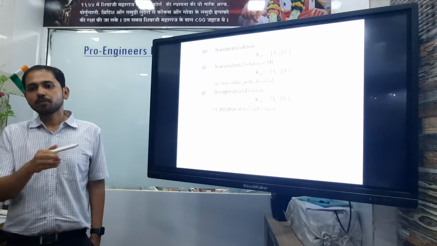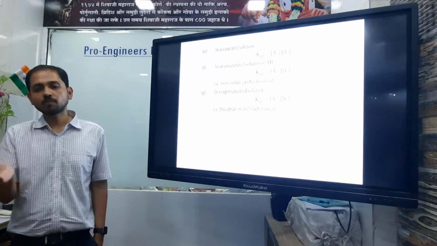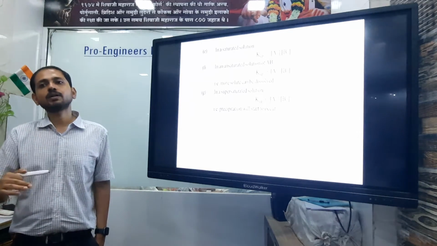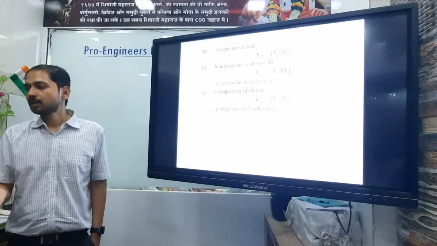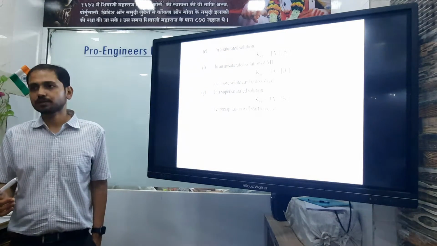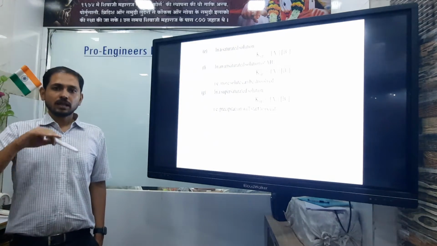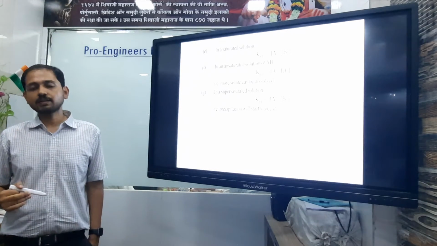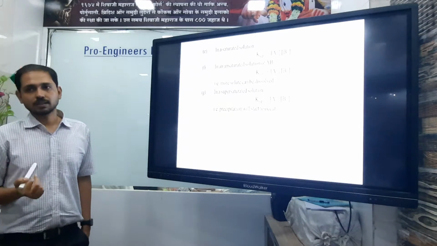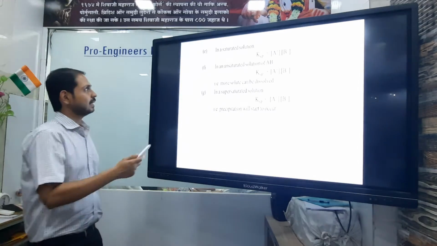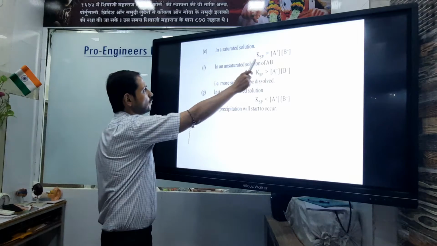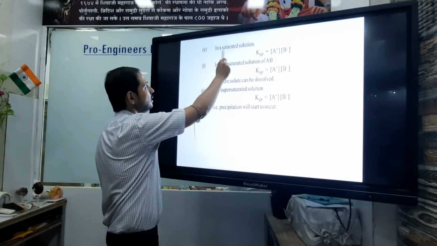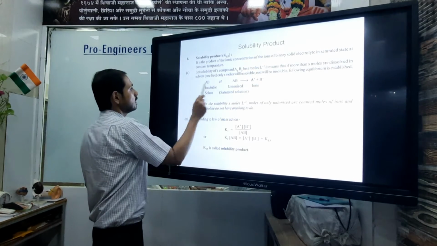In that case we can still add more solid and dissolve a larger amount of sodium chloride, right? If by any condition we can dissolve more than 100 gram, that gives us a supersaturated solution. We are going beyond the limit of the saturated solution. Now, what is the condition for a saturated solution? If Ksp is equal to A plus into B minus, then it gives us a saturated solution.